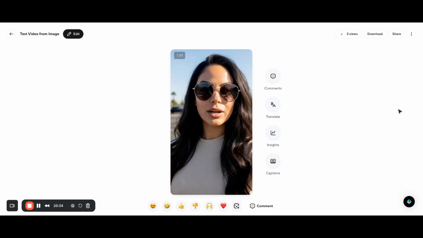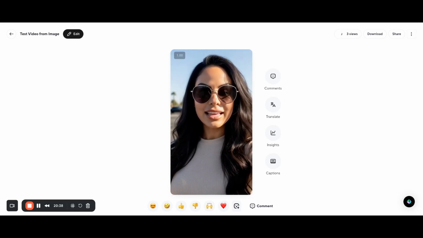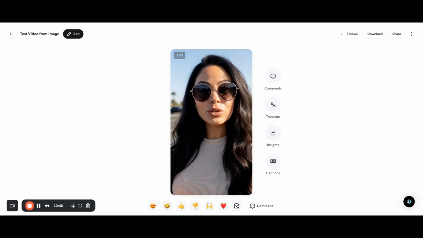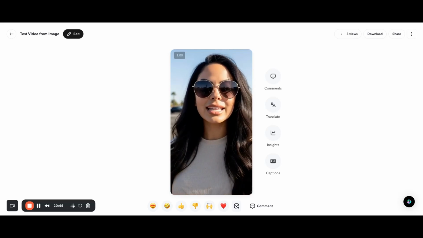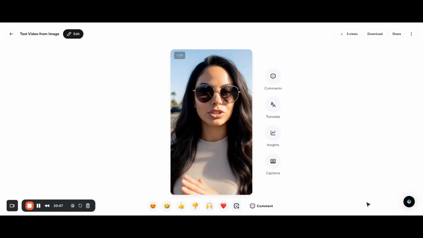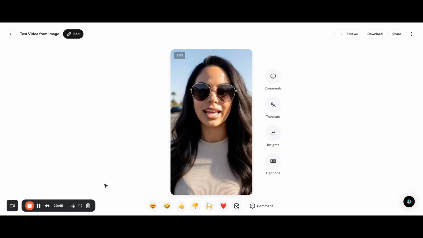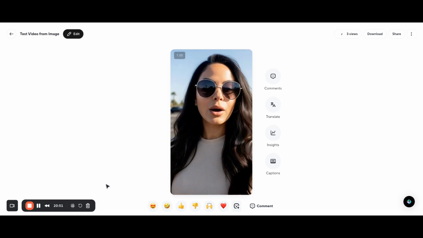I'm recording this short video right now to see how realistic my AI avatar is. I'm doing this one off of a photo versus a video, so it may be not as good as the one that came originally from a video, but we're going to go ahead and try it and see how realistic